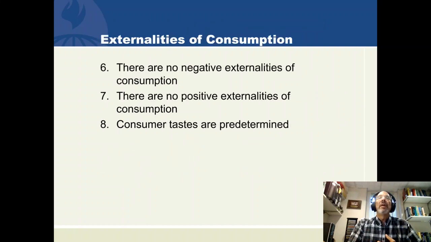medicines. There are externalities of consumption that also come in to the health economy. Negative externalities of consumption, meaning bad stuff happens to other people because of our own decisions about using health care. Positive externalities of consumption for the same reason. And the 8th market failure is that consumer tastes are predetermined and eternal. And that market failure occurs because there's learning in every economy and there's learning in the health economy. So these are the market failures that also affect the health economy.